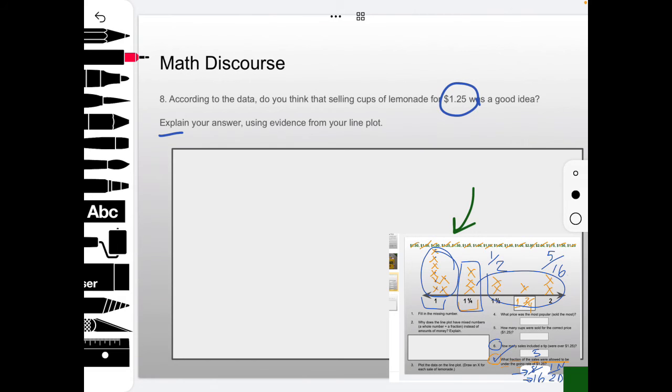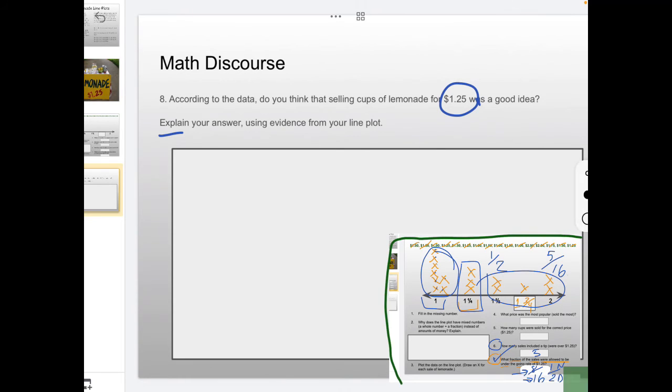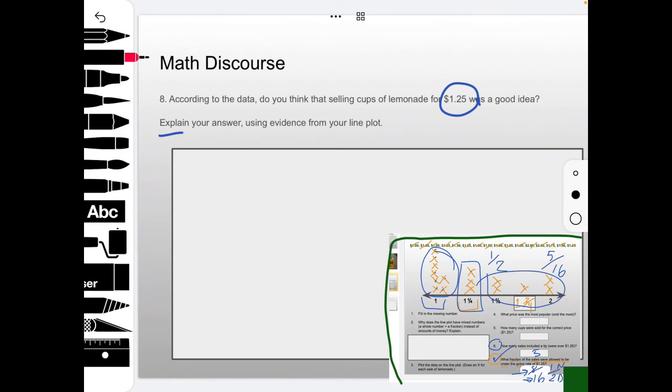I don't know if you guys know this, but you can put a photo on top of a photo in Sketches School. That's what I did here, just so that I could see the data while talking about and explaining my decision. This could go either way. You could talk about and you could write that you thought no, maybe you didn't think that $1.25 was a good price,